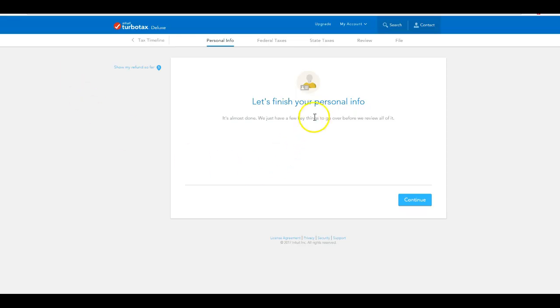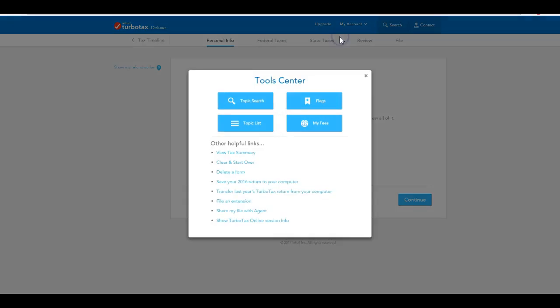Okay, folks, so now it says let's finish your personal info. But because we're importing, all of that personal info will transfer from our previous 2015 tax return. So let's go up to the very top where it says My Account. We'll go to Tools, and we'll scroll down to where it says Transfer last year's TurboTax return from your computer, because last year we used the desktop version of TurboTax, and we want to transfer that information into our